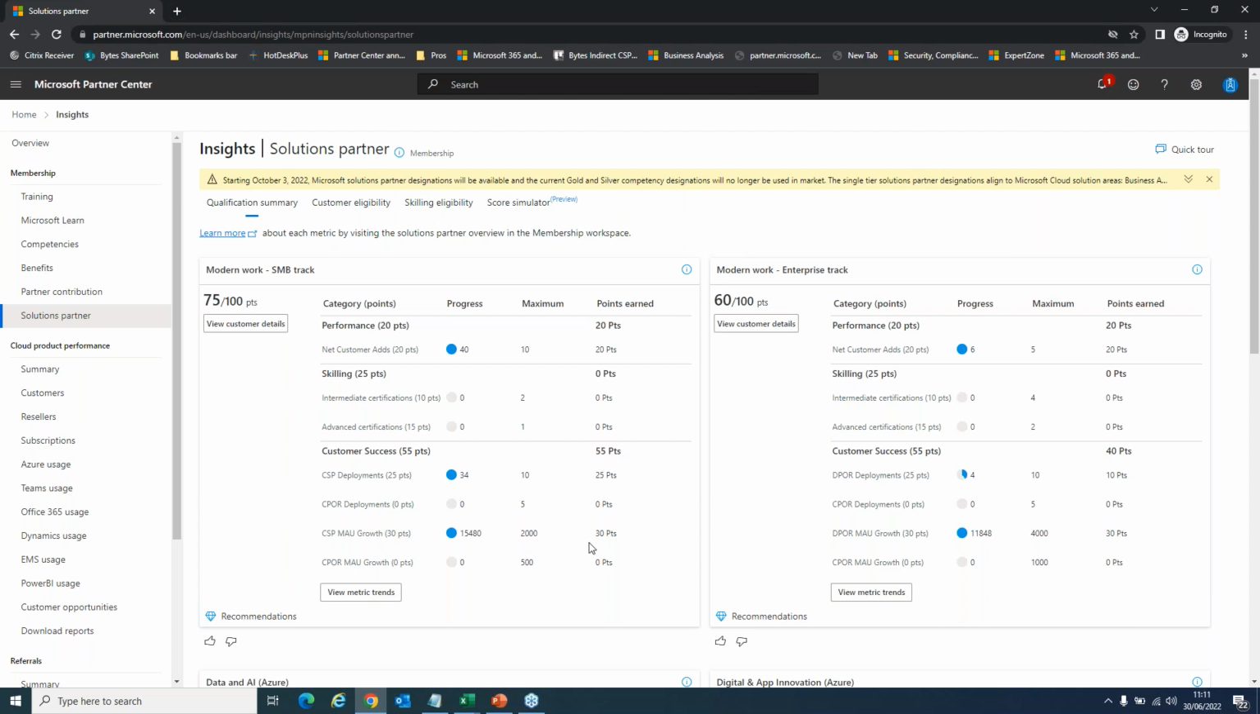55 out of 55 for customer success. I did say the customer success is slightly different for modern work, which we can see here. So I've got 75, but I'm not a modern work solution partner because I've not passed an exam. So what I'll need to do is I'll go to the skill and eligibility section,